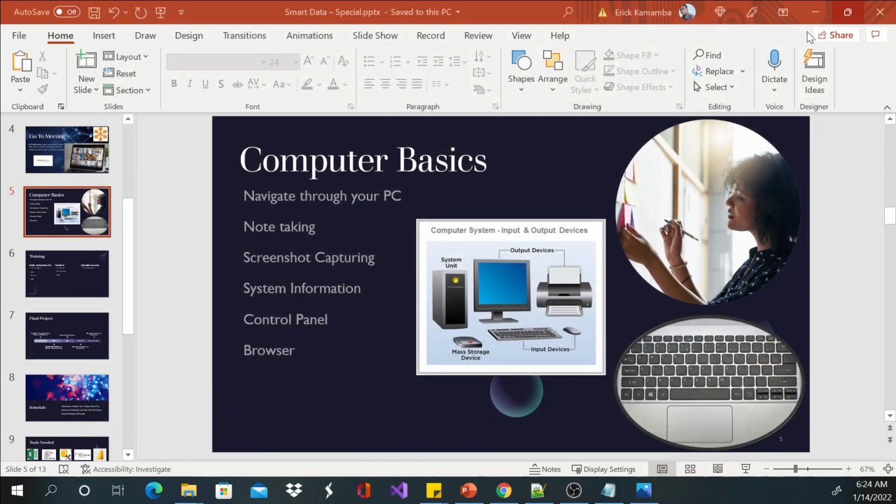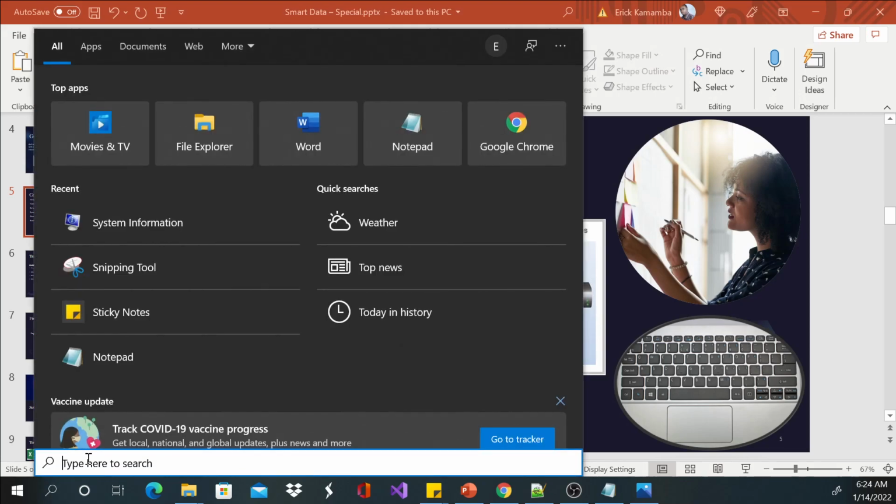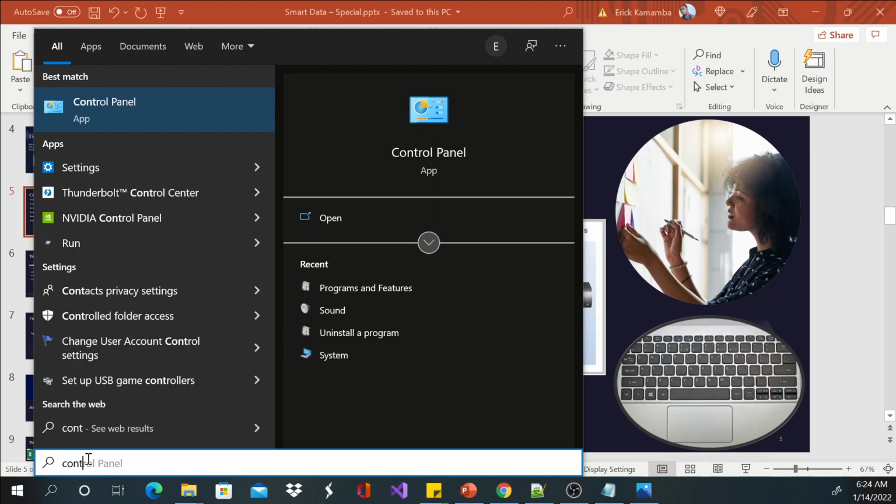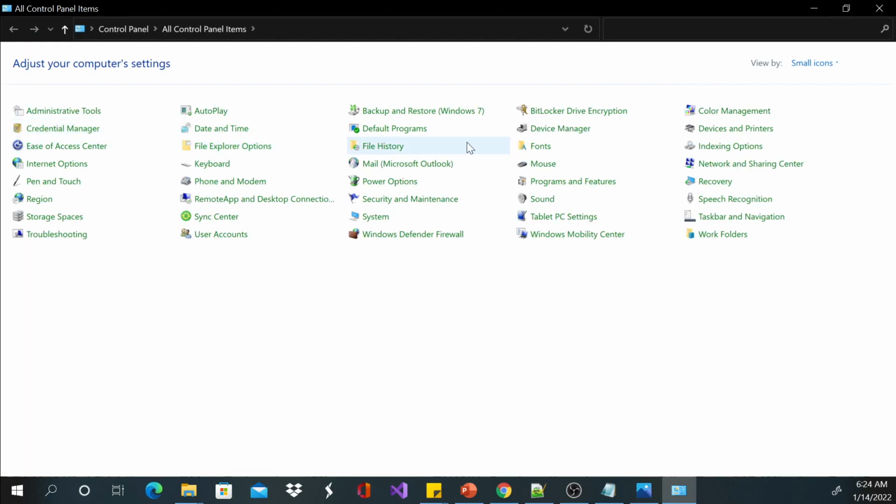There's a minimum requirement. Control panel. We use this. I'm going to just type control panel. I don't want this video to be so long. Some of you guys are falling asleep right now. So control panel, it does have a lot of panels here, but most of the times